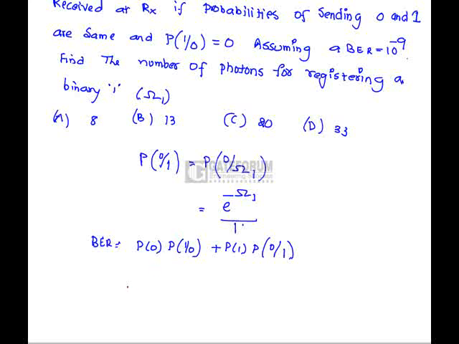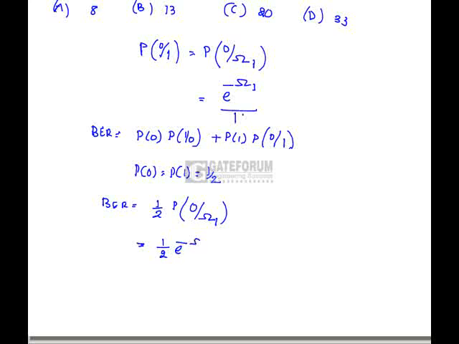Probability of 1 given 0 is 0. Here probability of 0 equals probability of 1 equals half. Hence bit error rate is nothing but 1 by 2 probability of 0 given omega 1, which is 1 by 2 e power minus omega 1. Here, omega 1 is natural logarithm of 1 by (2 times bit error rate), which is equal to